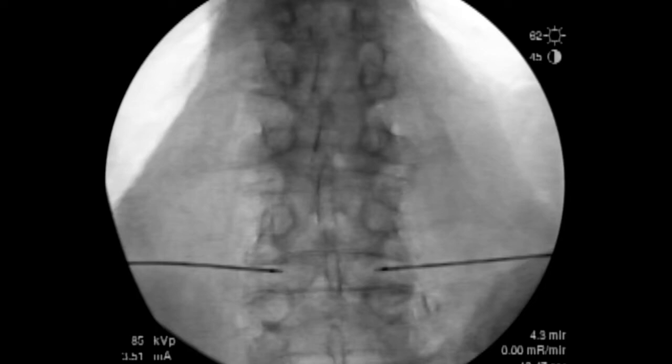Once the probes are placed and their position is ensured, you would be able to commence with the TransDiscal procedure and the protocol. You'd want to ensure that the patient was awake, oriented, and alert so that they could report any paresthesias during the procedure. Following the procedure, I remove the probes and the needles, ensuring that the probes are intact, and I have a brace placed on the patient while they're in the prone position. They then move on to the recovery room stretcher with the brace on, and I restrict hip flexion for several weeks following the procedure. We also have the patient go through a very regimented recovery and physical therapy protocol to